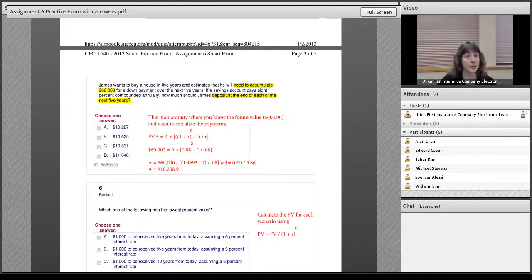And again, notice the rounding difference, okay? I got $10,238.91. The answer is $10,227. So